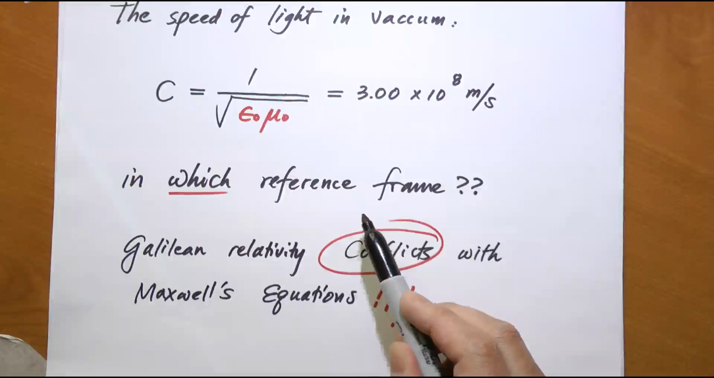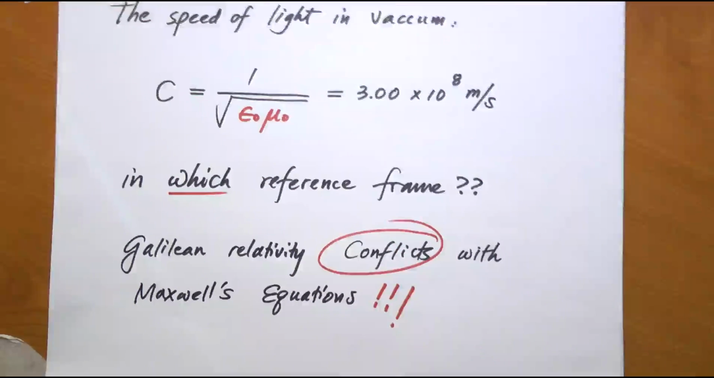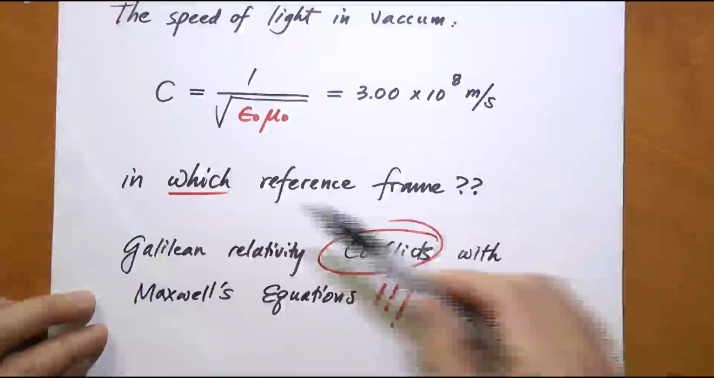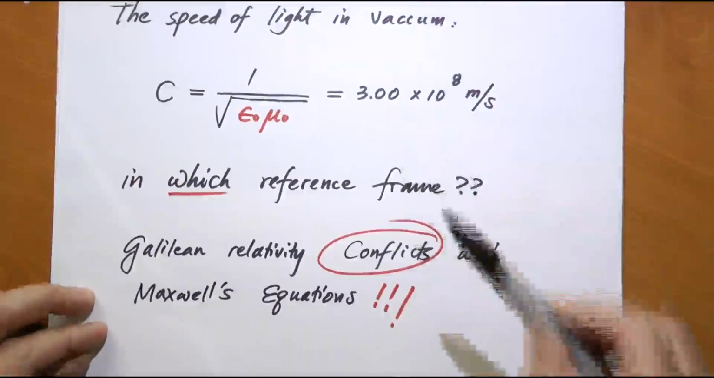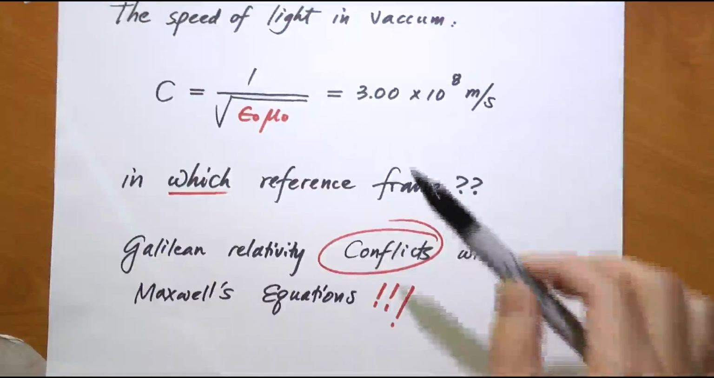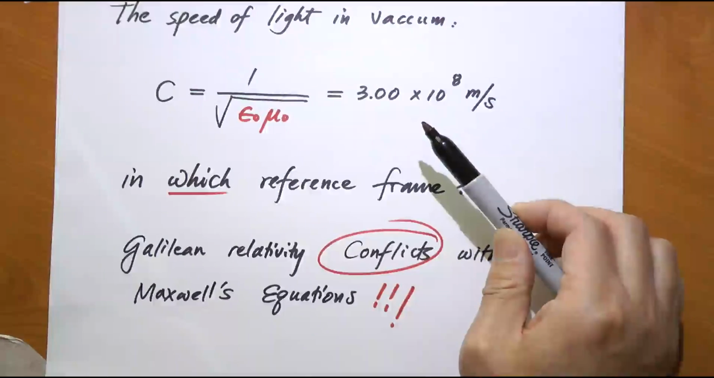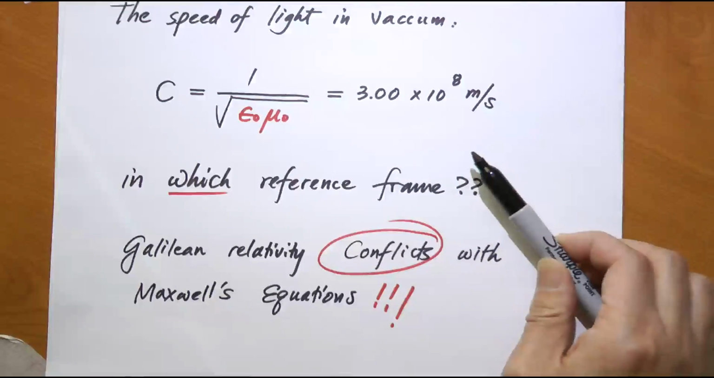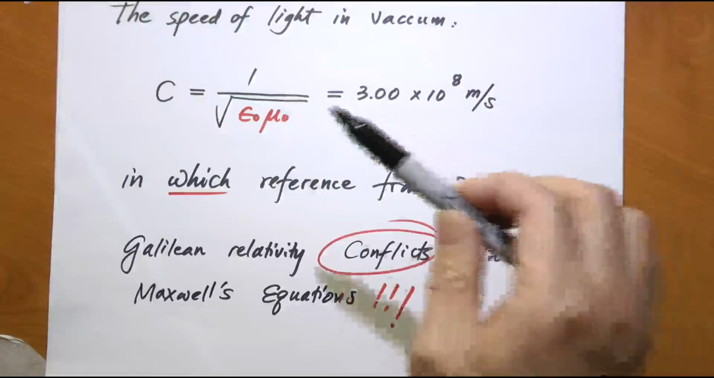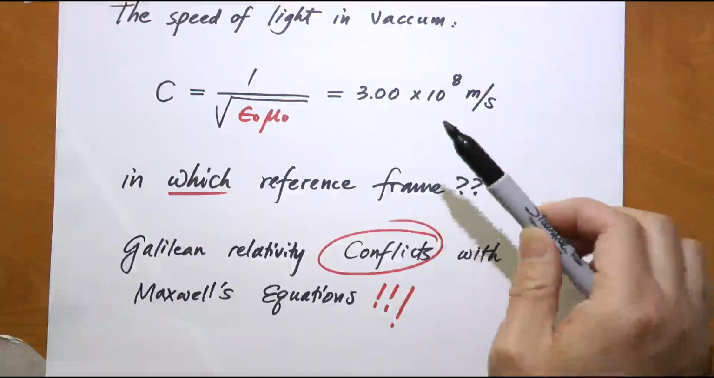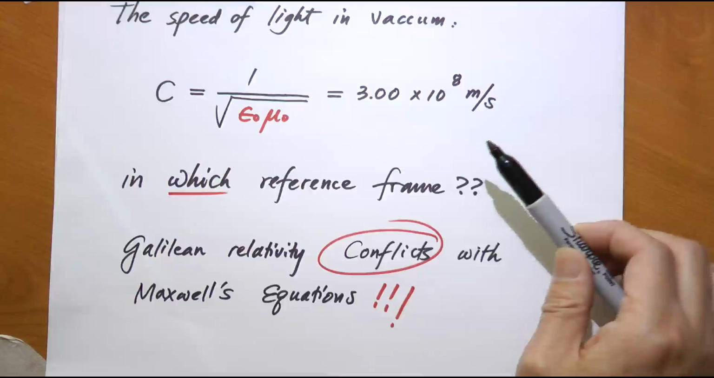The speed of light is equal to this. It seems to be a constant on the one hand, but on the other hand, all speeds, according to Galileo, should depend on the reference frame. So the question is, in which reference frame are you going to get that speed? And if you do get that speed in one inertial frame, aren't you going to get different values in another reference frame? Remember, this is the speed of light. It's also the speed of any electromagnetic wave in vacuum. Does that mean